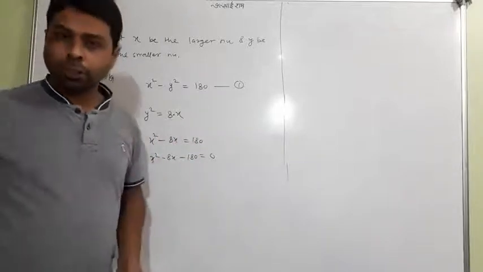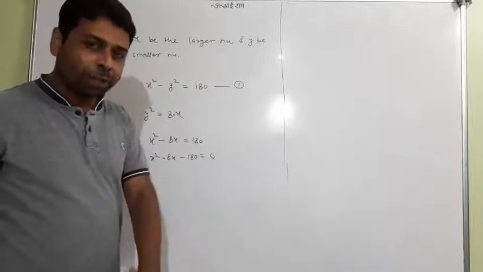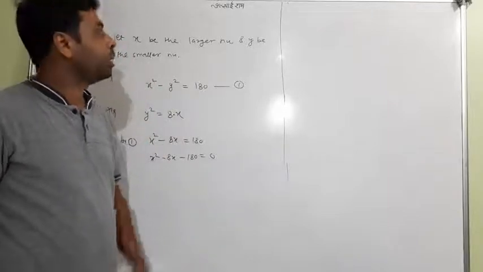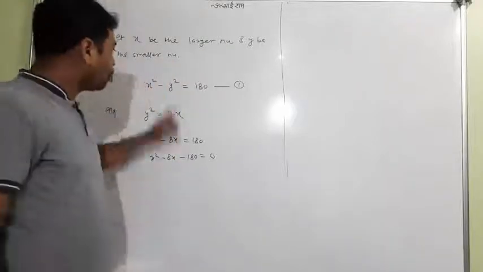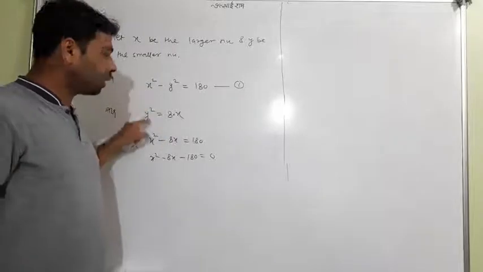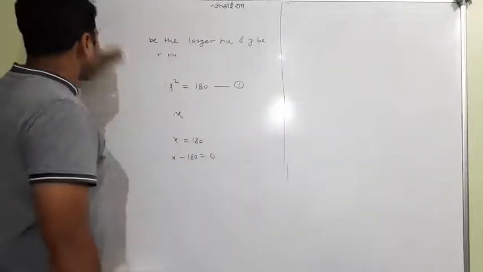We have two values of x. When x is negative, ignore that, and when the value of x is positive, just accept it. And whatever number you have to find, you can get. Initially you will get x and put the value of x here, or here you will get the value of y. So this is the thing. Okay, let me wrap it.